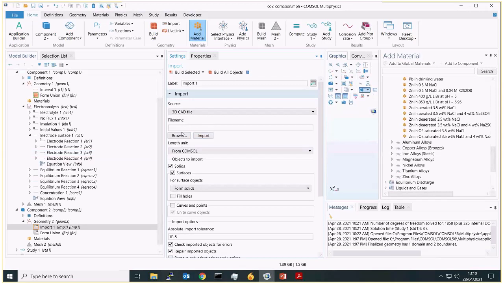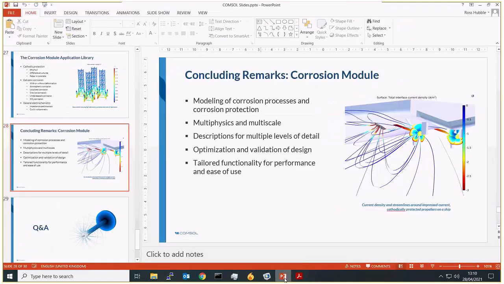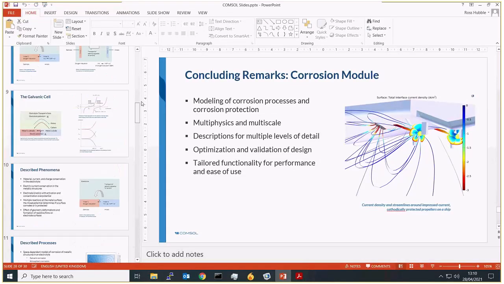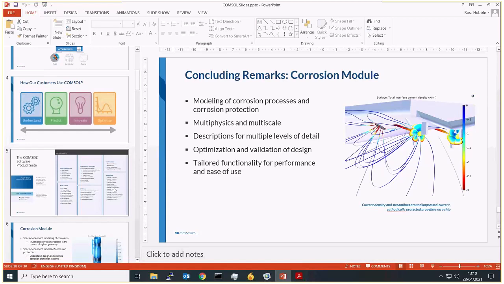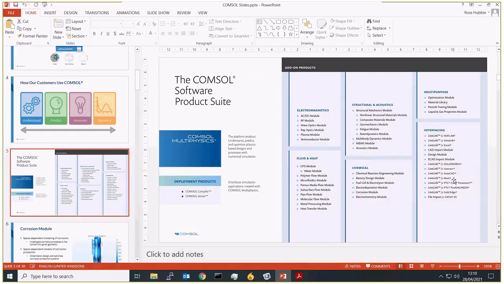Just by clicking browse and then importing your file, you should be able to get the CAD file in, but there are a large number. It supports basically all of the software which we had listed here for the live links. So we can do SolidWorks, Inventor, AutoCAD, Revit, PTC, and Solid Edge. Okay, clear. Thank you.